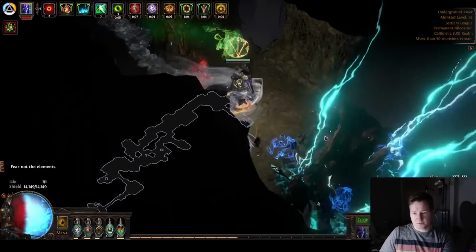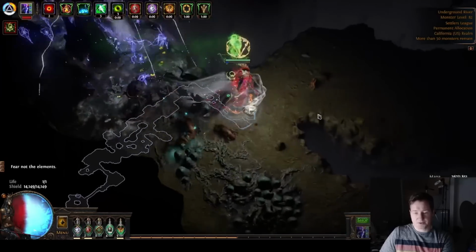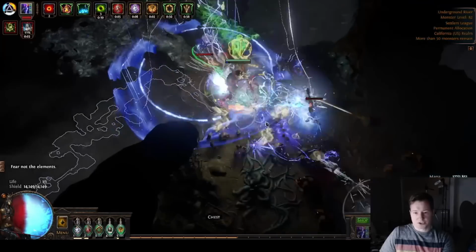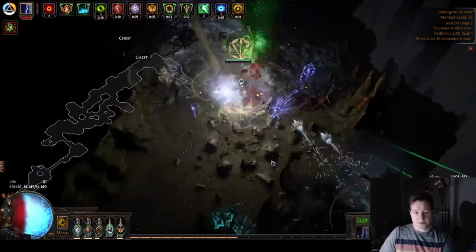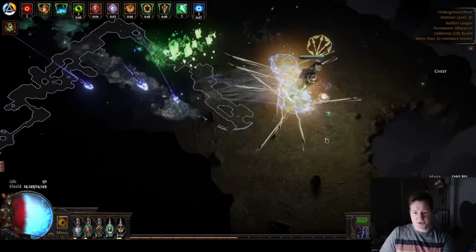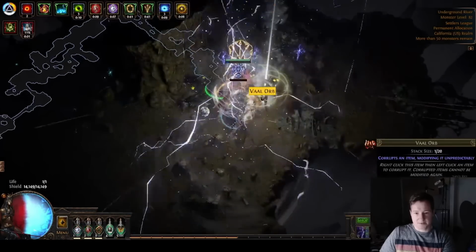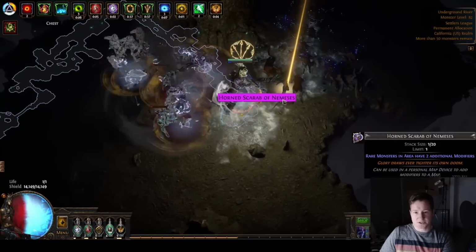But if 1 drops from it, then we're that much richer. So we're going to go through this map. As you kill guys, it's helpful to add more positivity to your life and to feel good inside and stuff like that. So go ahead and kill them, and then you always want to pick up the Horn Scarab of Nemesis if